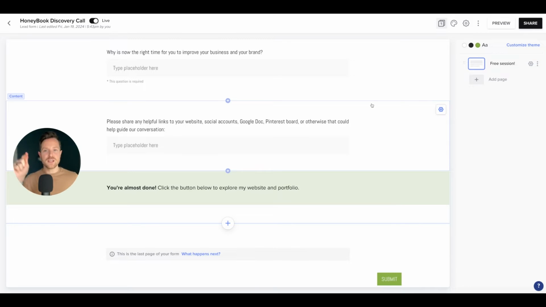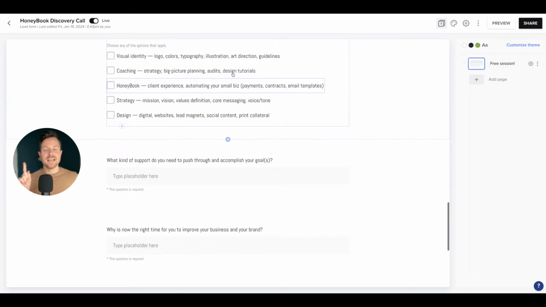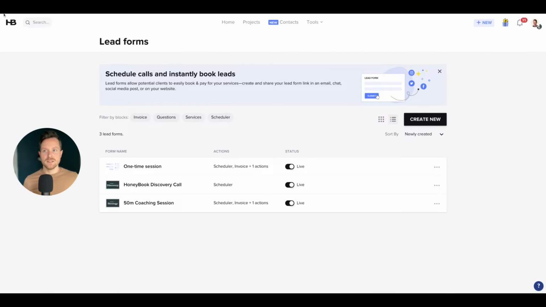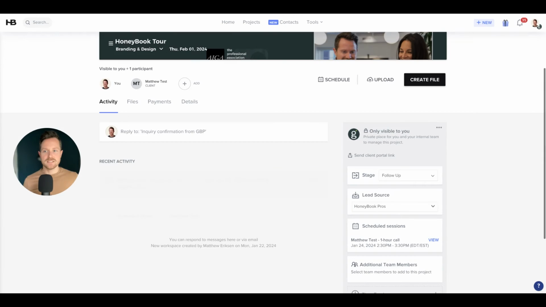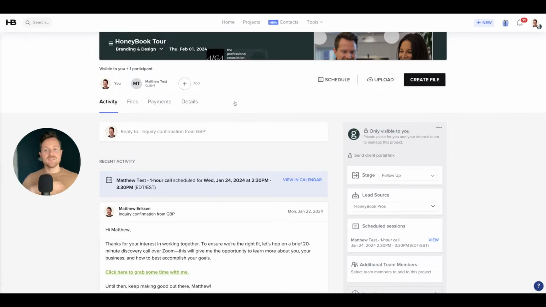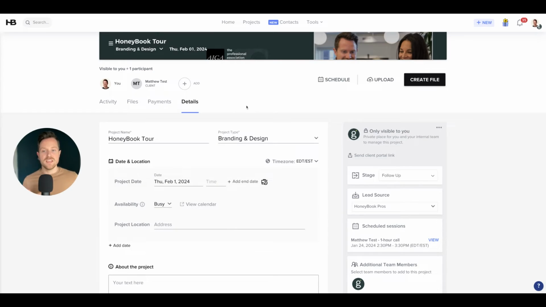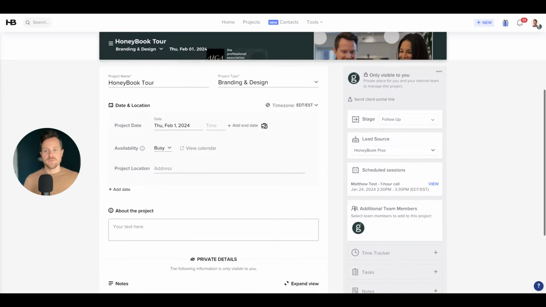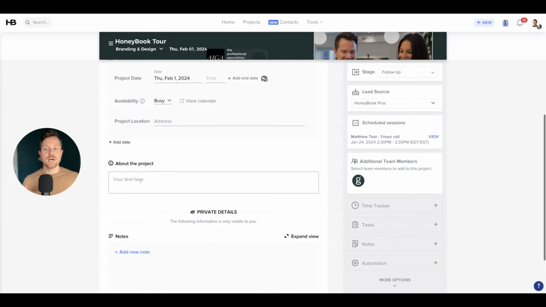And all the information that we're seeing here gets populated into our client workspace in the details section. So let's go back quickly to this test workspace. If I had filled out information, it would exist in here. So if I clicked on a date saying, what date's your wedding, if you're a wedding photographer or an event planner, what's the address of the event, tell me about the project, the information would show up right here, which